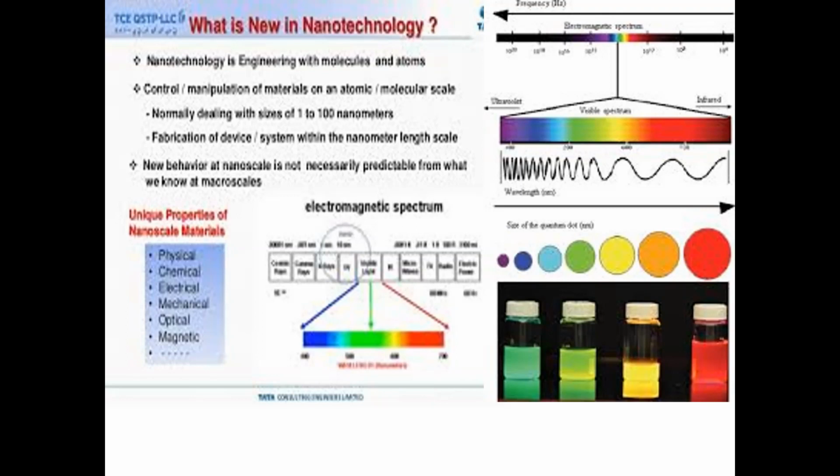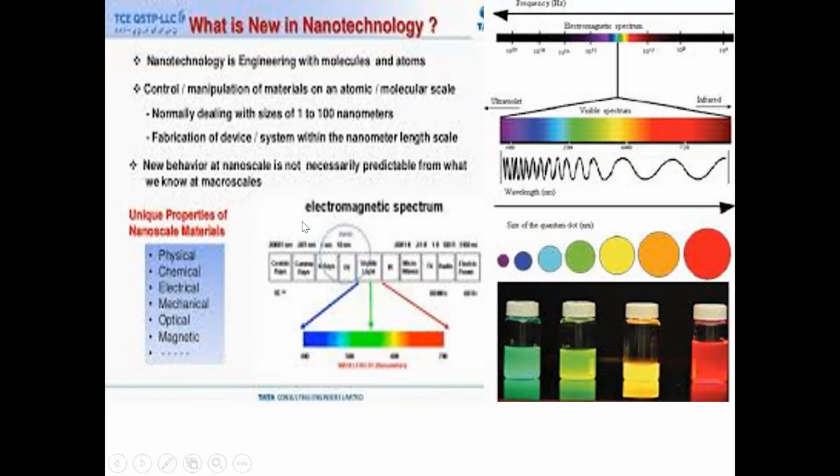then the nano level material of the similar atoms, its properties will be changed, like the unique properties of nanomaterial or nanoscale, that is physical, chemical, electrical, mechanical, optical, and magnetic. So all these properties will be changed. So it is different than that of the bulk material, which is of the similar matter or the similar atoms,